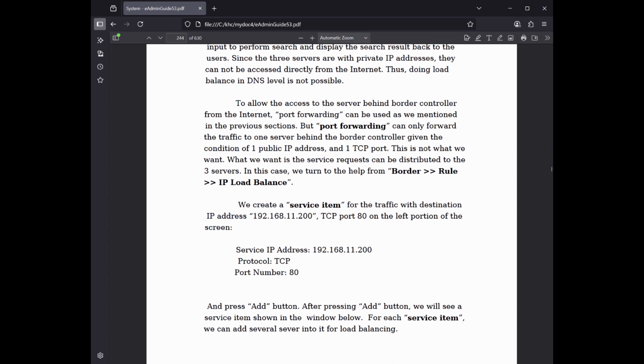This is not what we want. What we want is the service requests can be distributed to the three servers. In this case, we turn to the help from Border Rule IP Load Balance. We create a service item for the traffic with destination IP address